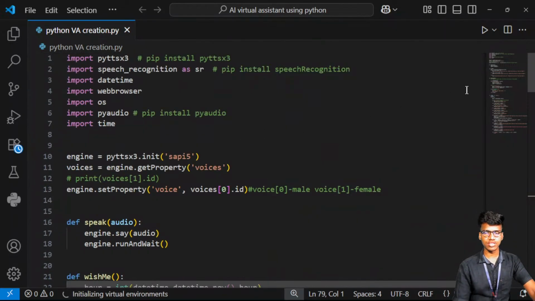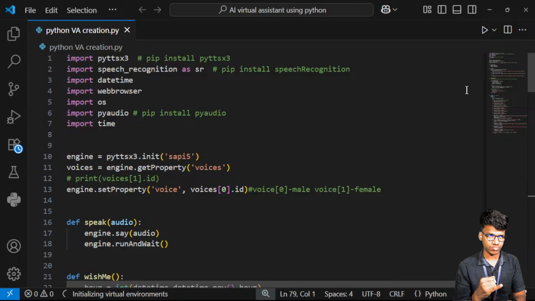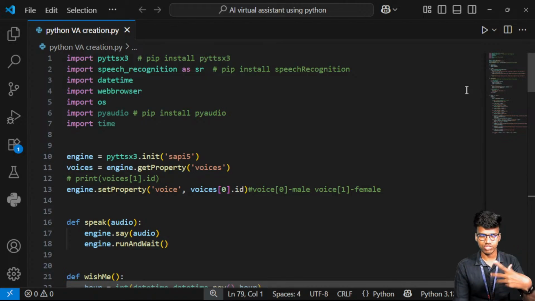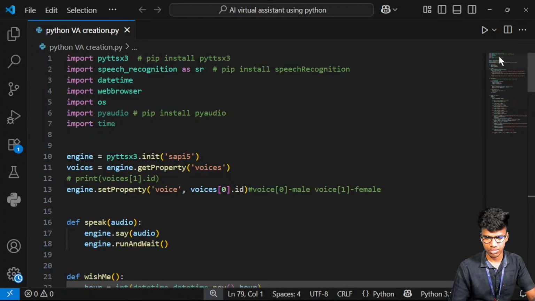How it works from start to end: they start with the greetings, based on my command. First it says a greeting like good morning, good afternoon, or good evening, based on the time. Then it introduces itself, its name, and asks what it can help with today. That is how the conversation starts. Then it works based on my command. First I run this, then I will explain how the process happens.